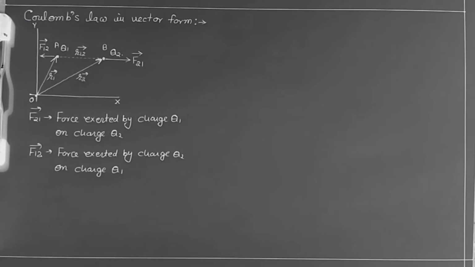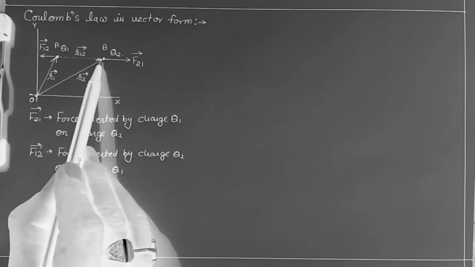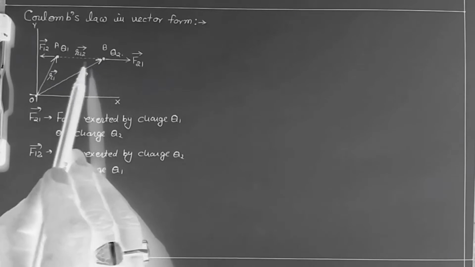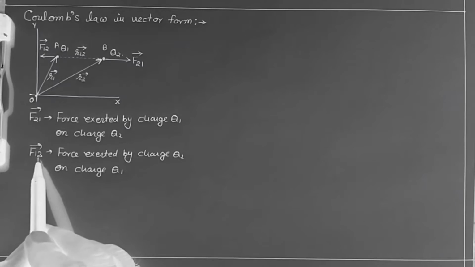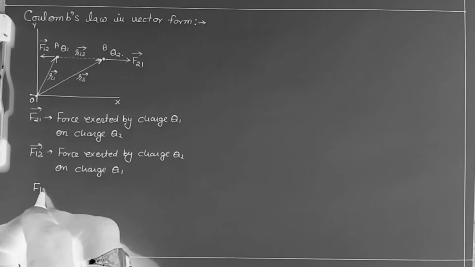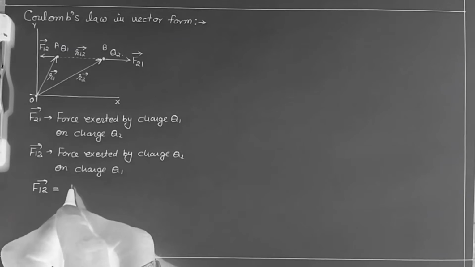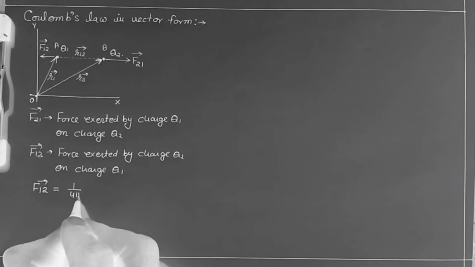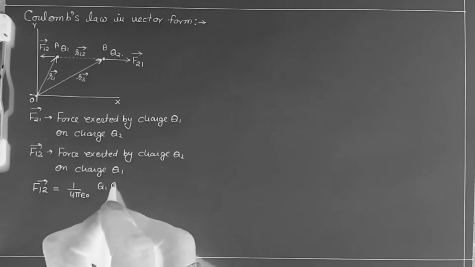Now we know that the magnitudes of these two forces can be easily given by the relation F21 or F12 is equal to 1 upon 4 pi epsilon naught Q1 Q2 upon R square, where R square is the distance between the two point charges Q1 and Q2, right? In this case, if we express these F21 vector and F12 vector in vector form, then F12 vector will be equal to 1 upon 4 pi epsilon naught, Q1 into Q2 upon